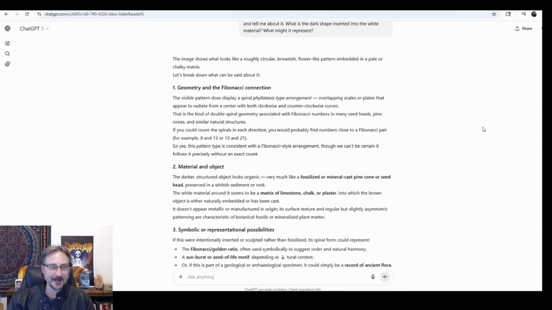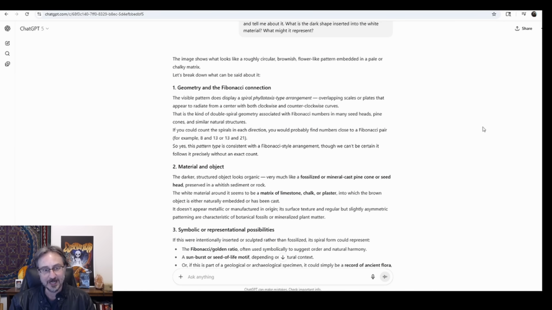Asking ChatGPT about it, it says the image shows what looks like a roughly circular brownish flower-like pattern embedded in a pale or chalky matrix. I didn't tell it that it was embedded in one of the Nazca mummies. Geometry and the Fibonacci connection: the visible pattern does display a spiral phyllotaxis type arrangement. Overlapping scales or plates that appear to radiate from a center with both clockwise and counterclockwise curves. This is the kind of double spiral geometry associated with Fibonacci numbers in many seed heads, pine cones, and similar